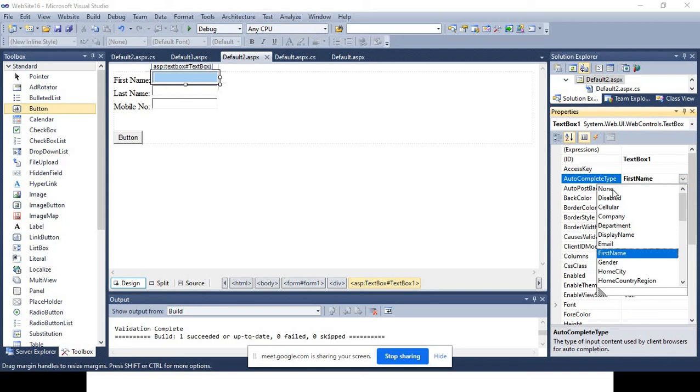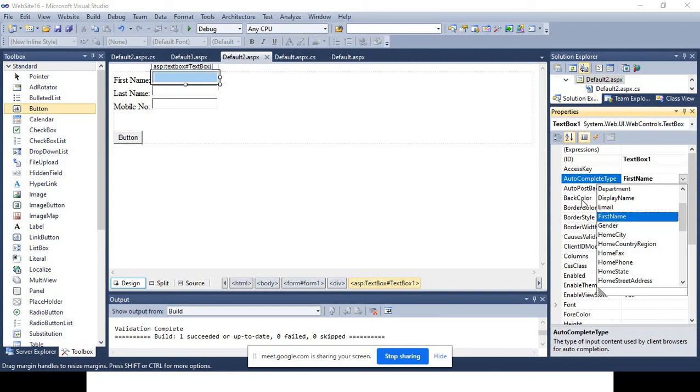If you choose none, then it will not show the names previously entered into that text box. So none or disable is there. Then cellular, company name, department, so there are many classes readily available for you. Whatever you store into a first name, you can get it back whenever you have another text box with the same class.